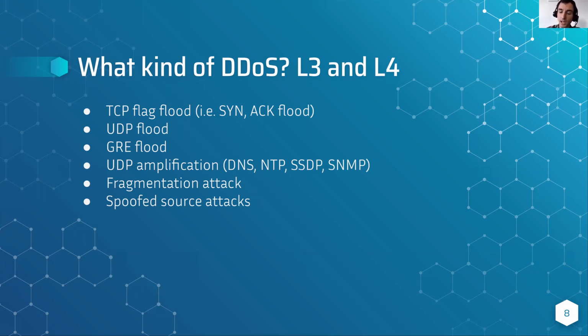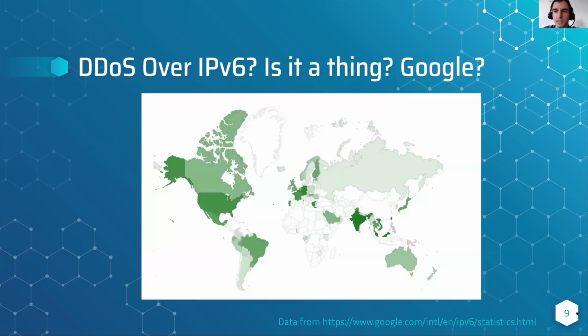And the next thing we are going to talk about is the scope of IPv6. Many people may say, IPv6 and attacks, does it make sense? Is it even real? Because many people actually haven't tried IPv6, and unfortunately many ISPs don't offer IPv6. The first thing you can find is Google's map of IPv6 penetration rate, and I think it's the most popular diagram for this kind of presentation. You can see it's from Google's perspective.